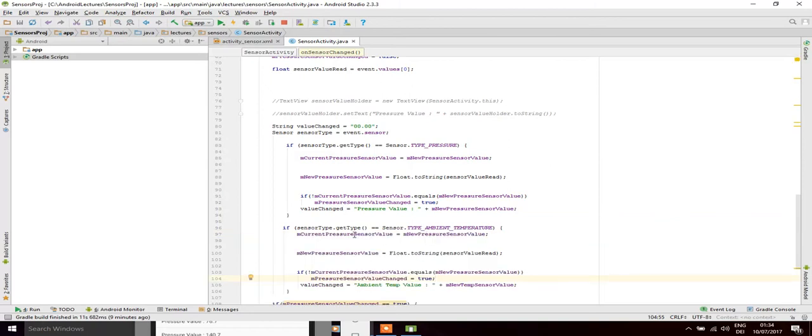We change the pressure to temp, change it to temp, change it to temp, change it to temp, change it to temp, and M temperature sensor value changed should be